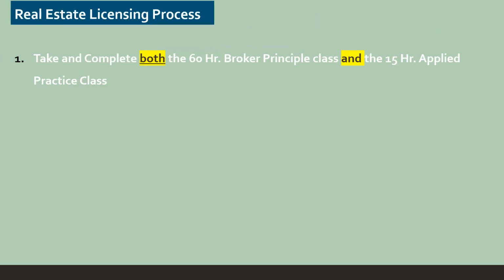Now, the real estate licensing process, just to go over the major steps one more time: you have to have taken and passed both the 60-hour broker principles class as well as this class, the 15-hour applied practice class. So I'm assuming that you did take and pass the 60-hour broker principles class with a pre-approved real estate school, and I assume it was the College of Lake County. If it was a different school, that's fine too, just as long as you've completed that 60-hour program. And of course, you'll finish the 15-hour portion up with us, with the course you're going to be taking now.